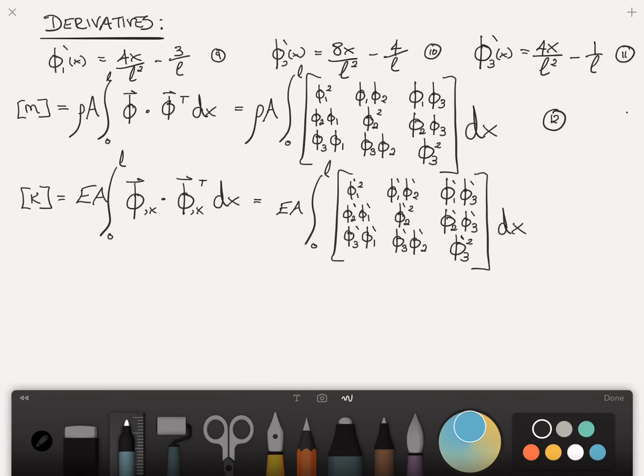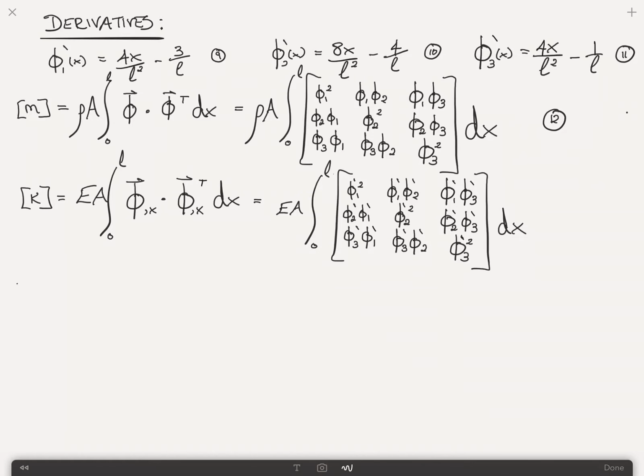Now we know phi 1, phi 2, and phi 3. Those are the equations on the previous page, 6, 7, and 8. We know phi prime 1, phi prime 2, phi prime 3. These are the equations above. So I can now compute this. If I take equations 6, 7, and 8, by the way, this is equation 13, and I substitute that into equation 12, and I integrate,